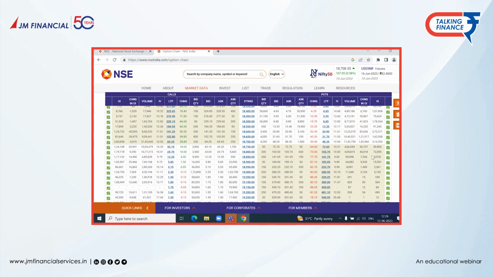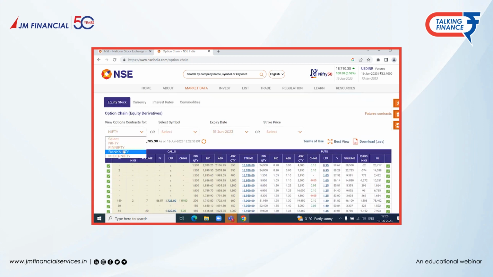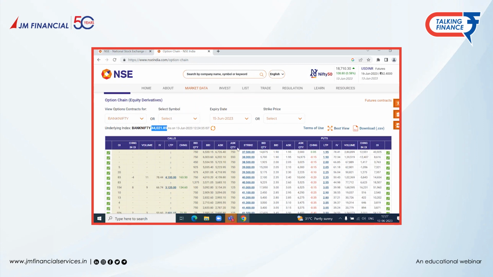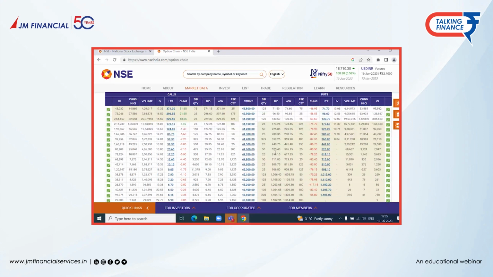This is your live option chain. If you want Nifty, you can look at various indices. You can look at Fin Nifty, you can look at Bank Nifty, you can look at Mid Cap Nifty also. Similar interpretation, similar way of understanding. If I just go to Bank Nifty, you can see Bank Nifty is currently quoting at 44,021, which is your spot price. तो हम एक 44,000 में भी आज देख लेते हैं क्या चल रहा है ओपन इंटरेस्ट के एडिशंस।